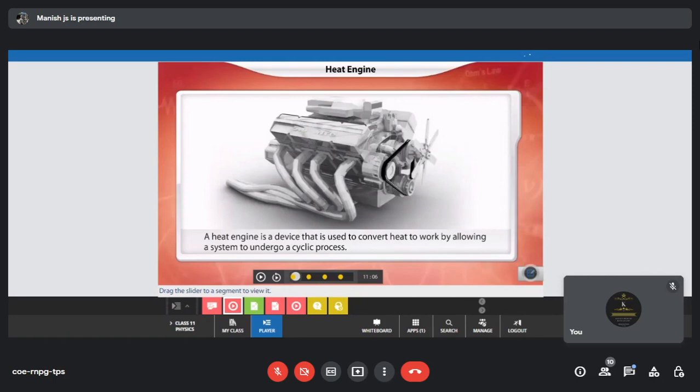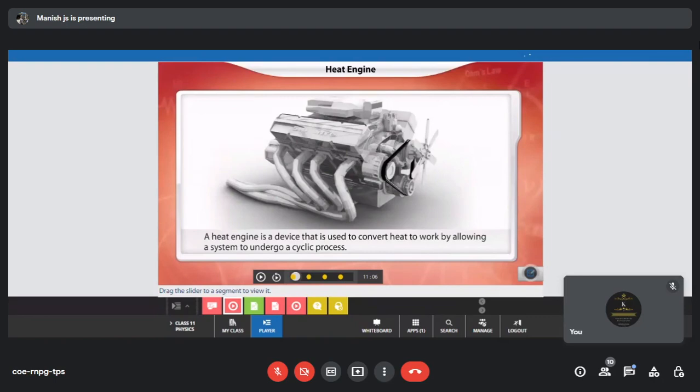Now let's take geared vehicles. When you talk about a car, typically when you go in first gear, it goes slowly. You increase the gear to second, third, fourth, especially on a highway. Then you will have a greater force with which the vehicle is moving forward. So you have a greater RPM, rotations or revolutions per minute. That is because the fuel will be combusted more. Greater the combustion, greater the amount of heat produced. Greater the heat, the more the pistons are going to move to rotate your wheels.